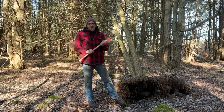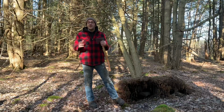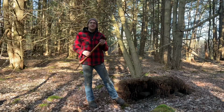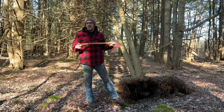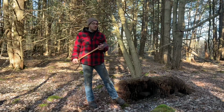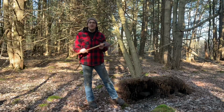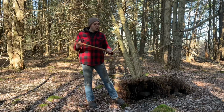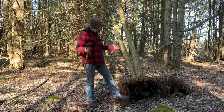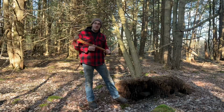And I just started thinking, well, are we using the axes not for what they are intended for? But I don't think that's true, because it's an axe. At the end of the day, it should be able to perform well in both soft and hardwoods. And there's nothing about the axe that tells me it shouldn't be able to chop in hardwoods. So, like I said earlier, I've never used it in softwoods. Now we're going to use it in this hemlock, using it for the type of wood that Gransfors Bruk intended it to be used in,